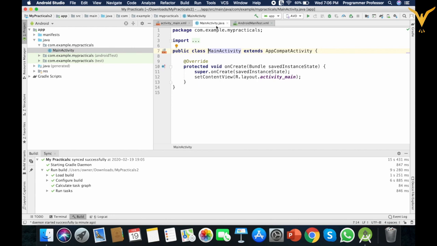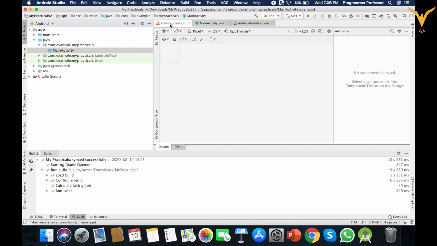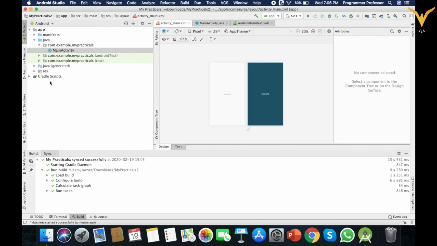First one is Java file and second one is XML file. So this XML file is located here in layout folder under resources folder, where you can add up your components like text box, label, then date time picker, buttons, etc.